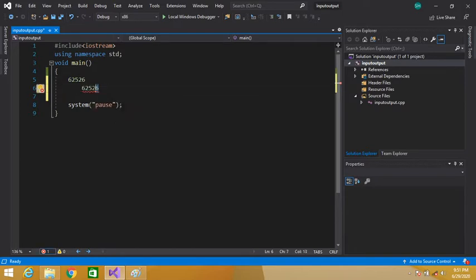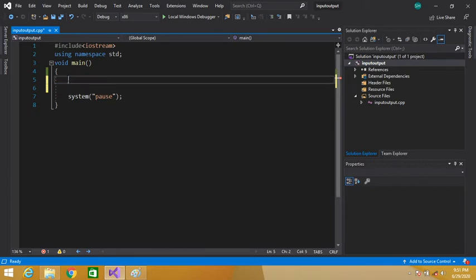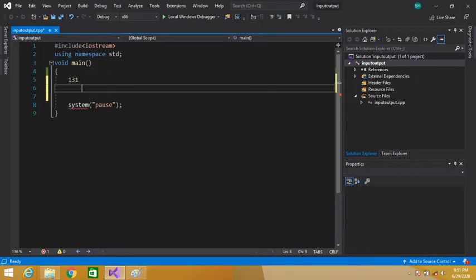Similarly, 131, this is also a palindrome. 1313, if we write its reverse, 1, then this 3, and this again 1, so it is the same number. So if the number and the reverse of that number are the same, then it means that number is a palindrome.